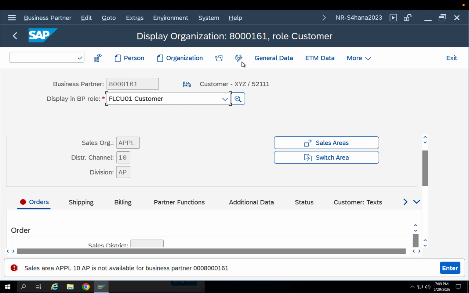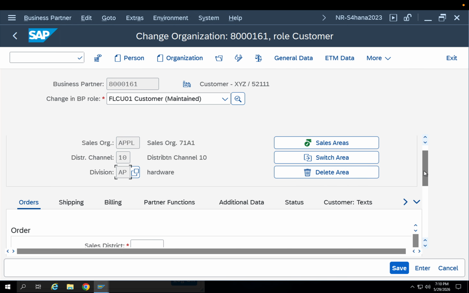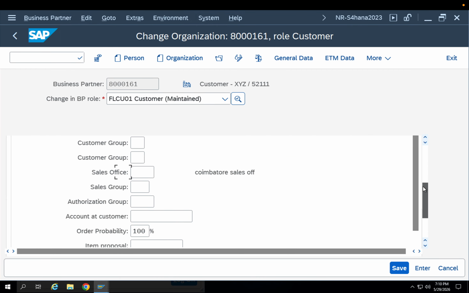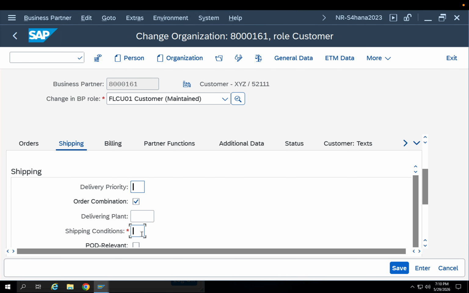So I'm changing. I'm not selecting the partner functions because it should come automatically. If you have different shipping partner functions, then you can select that. But for now I'm